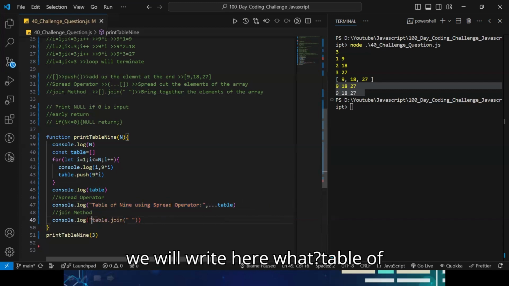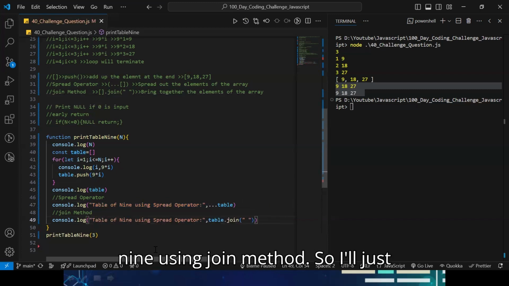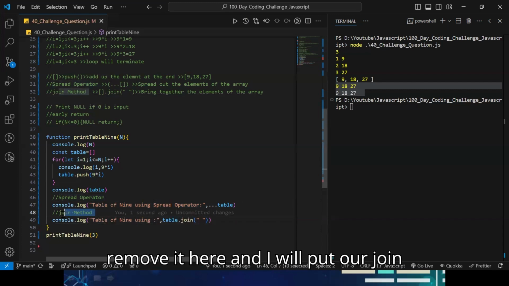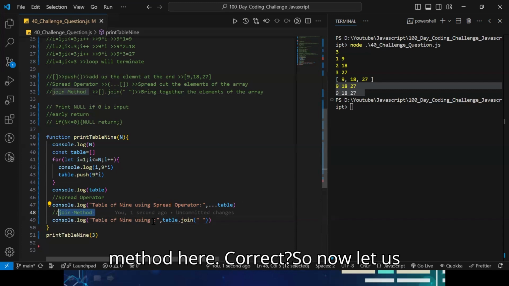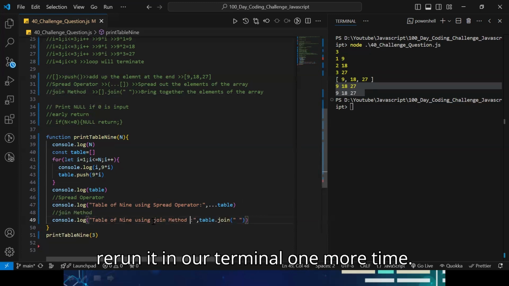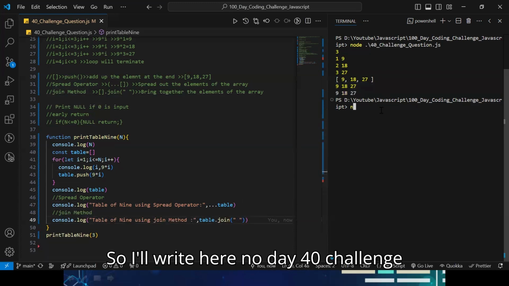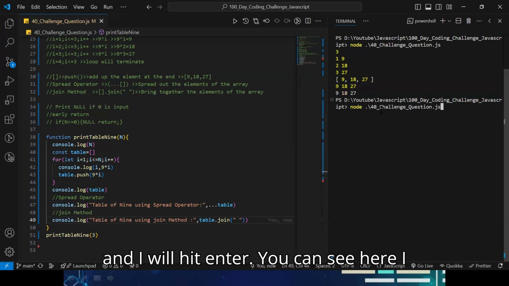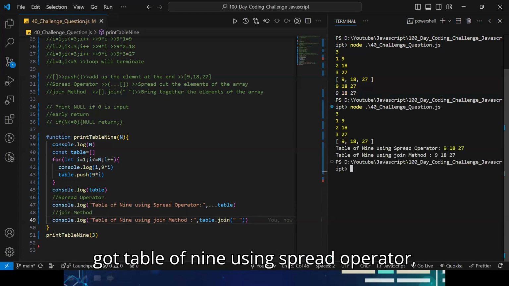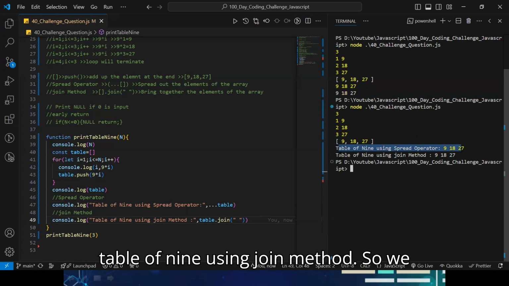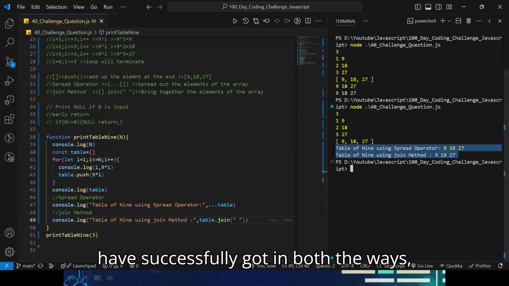So we will write table of 9 using join method. So I'll just remove it here and I will put our join method here. Correct? So now let us rerun it in our terminal one more time. So I'll write node day 40 challenge and I will hit enter. You can see here I got table of 9 using spread operator, table of 9 using join method. So we have successfully got it in both the ways, right?